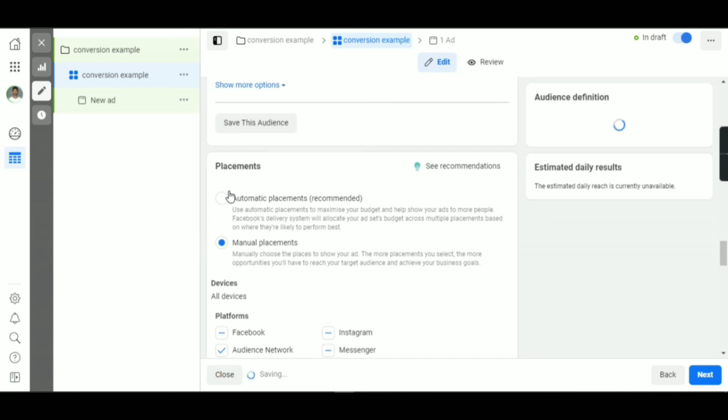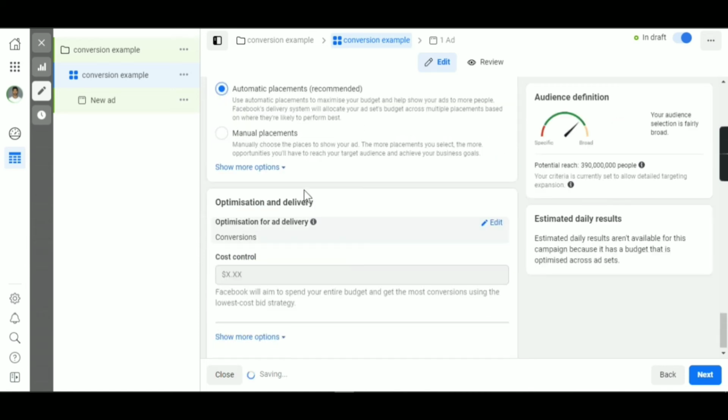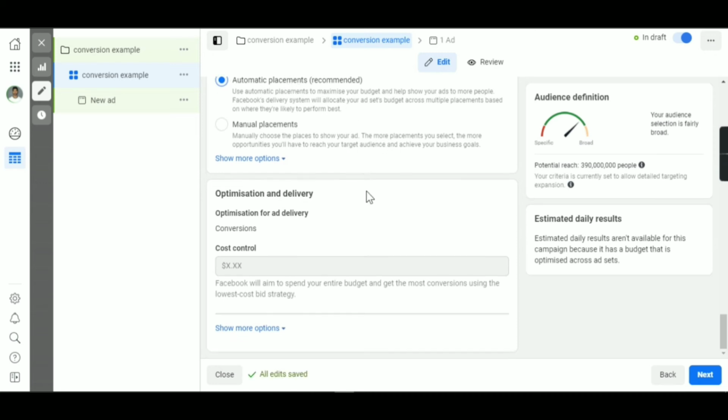In my case, I'm targeting everything, so it would be better for Facebook to choose the one which they feel is good.